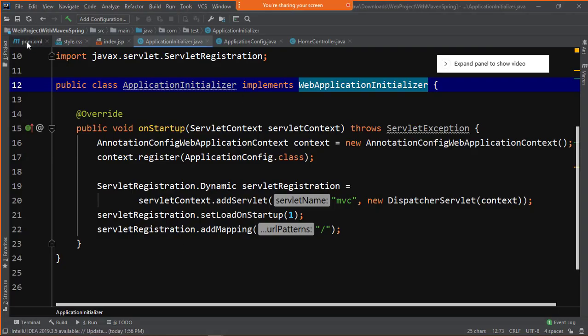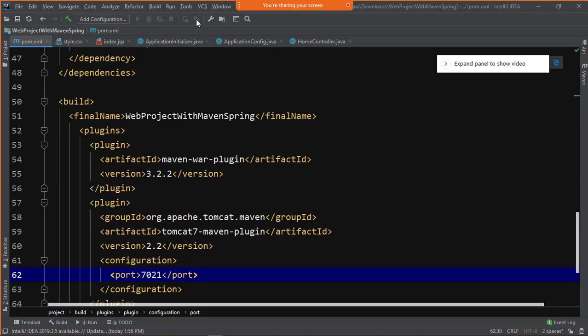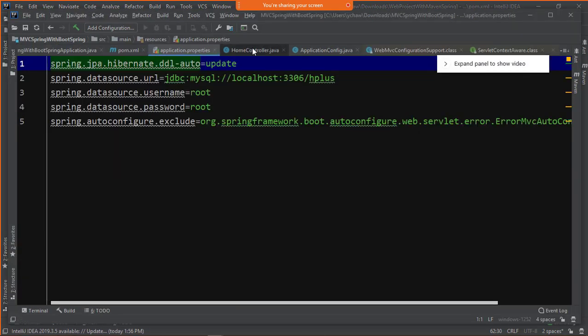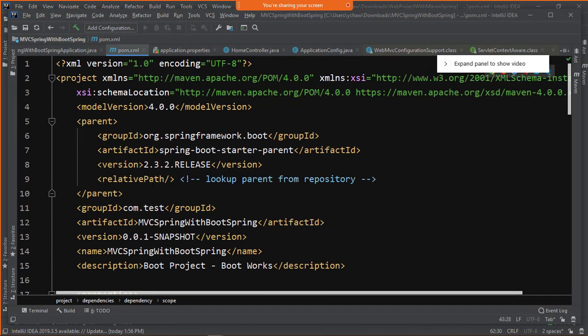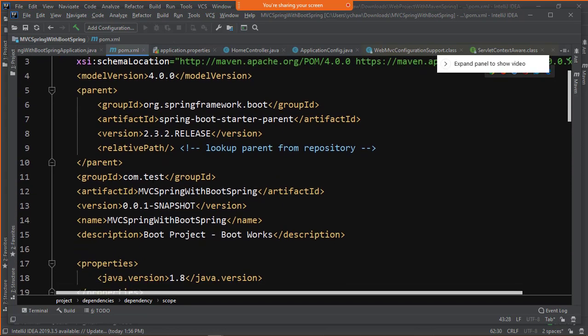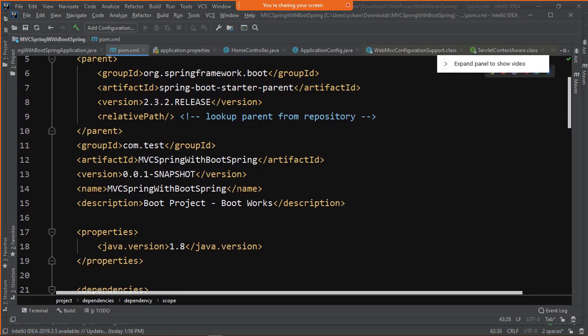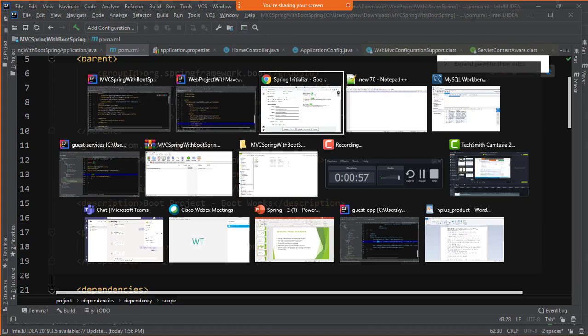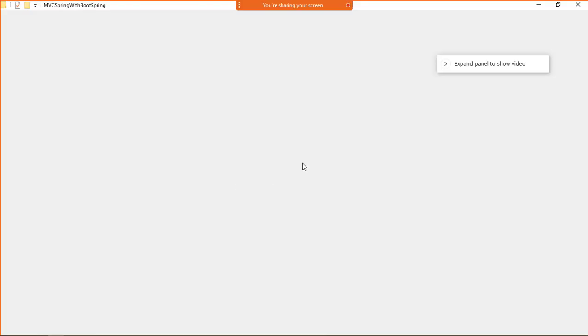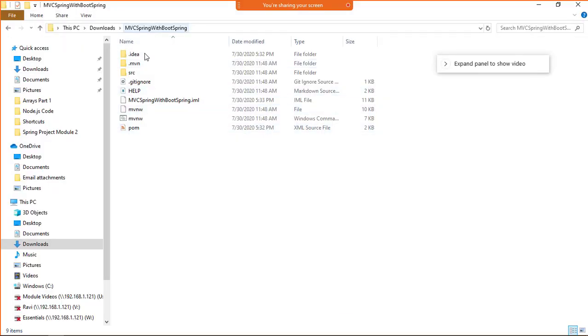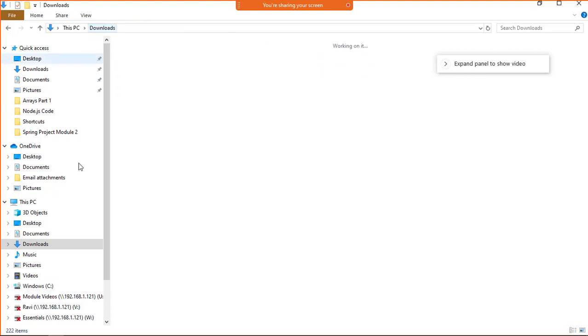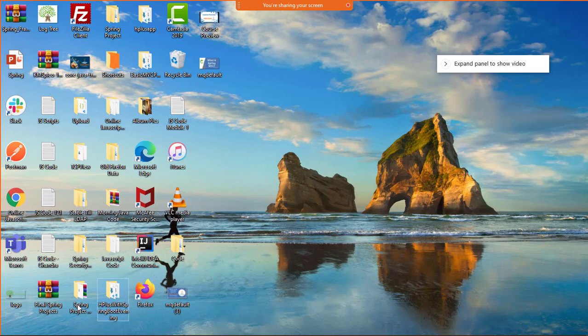What you need to do is, in the POM of this very project, right now packaging is not mentioned. So I just need to add one line. You already have these projects with you.